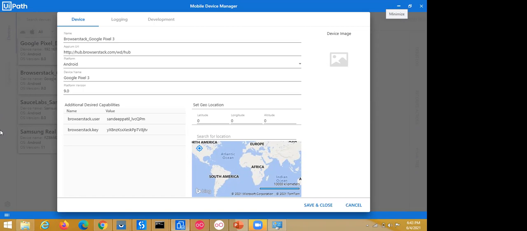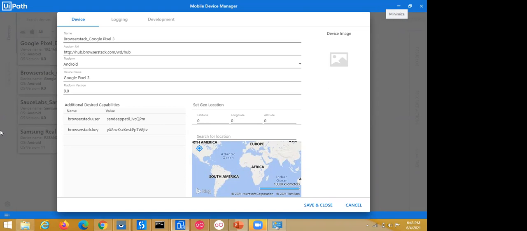So cloud platforms are available, such as BrowserStack and Sauce Labs. They provide all these devices. We just have to create an account, and there are some premium plans as well. But if you want to explore, you can go with the free account, and you can connect with a device for 200 minutes. I mean, they allow that session, and whatever devices you want, you can select those devices, and whatever capabilities are required, you configure.